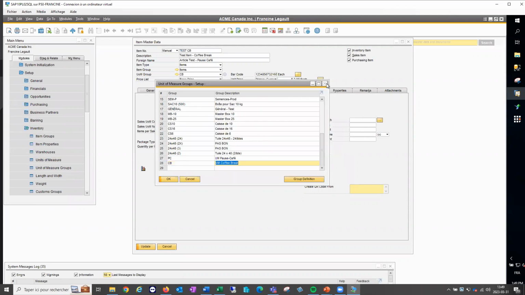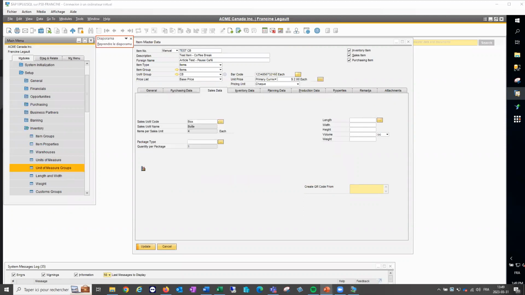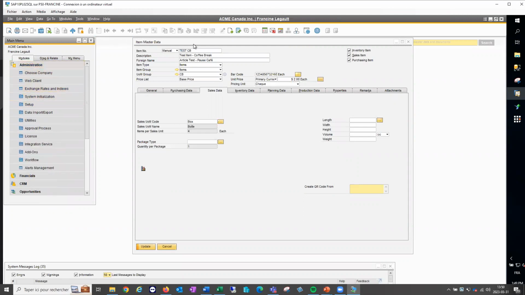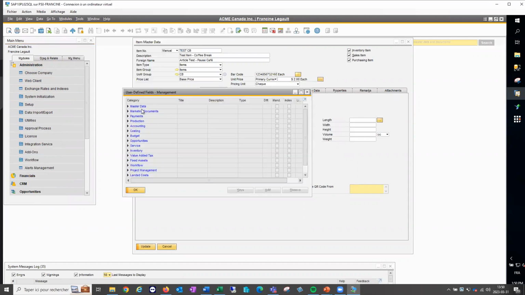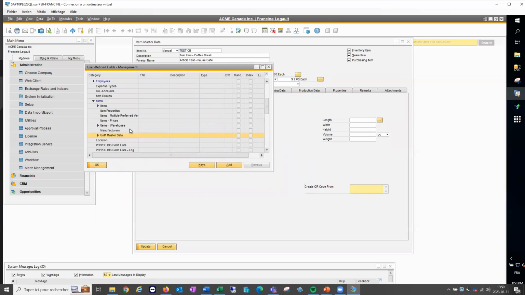The other thing that is very fun to have, and a new feature from SAP 10, is that now, if you're familiar with UDFs, user-defined fields, in your master data and the inventory items here, you now have the UOM master data where you can add UDFs.